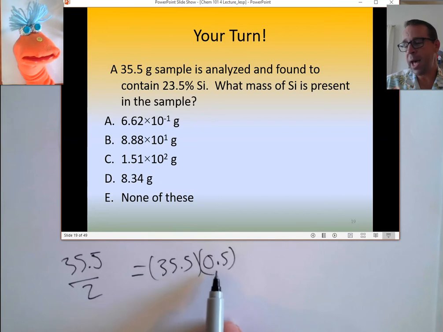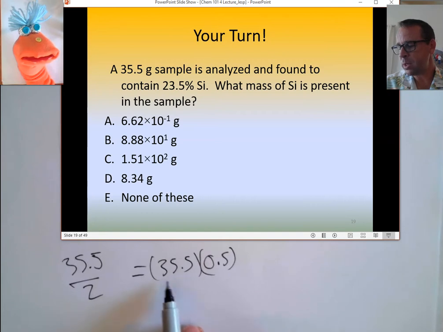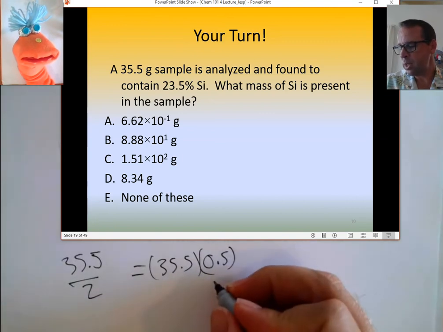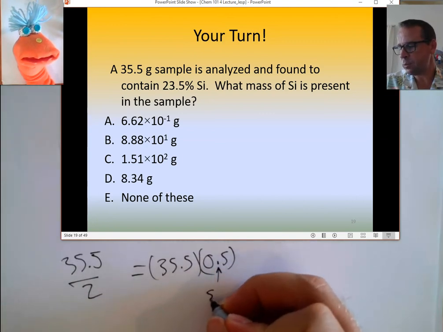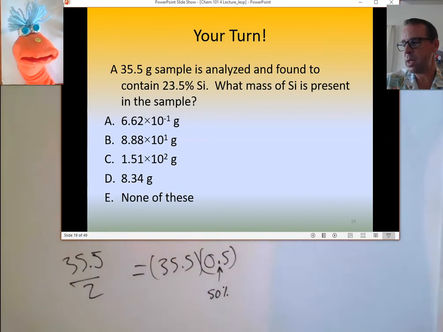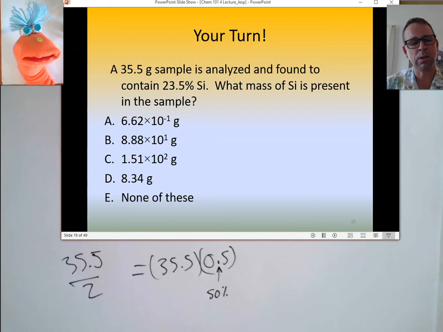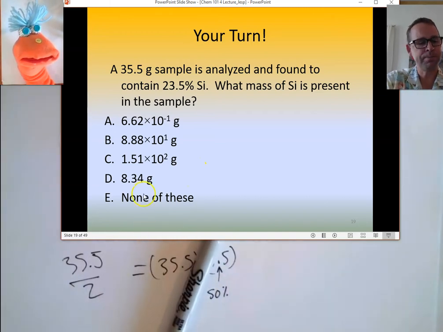So if it was half, this is if it's 50% silicon, right? Then you could get the mass of the silicon in the 35.5 gram sample by multiplying it by a half. And notice how that 0.5 is the fraction of 50%. Do you see that? You take the fraction, multiply it by 100, and that gives you your percentage, right? So we see that if you take this value,